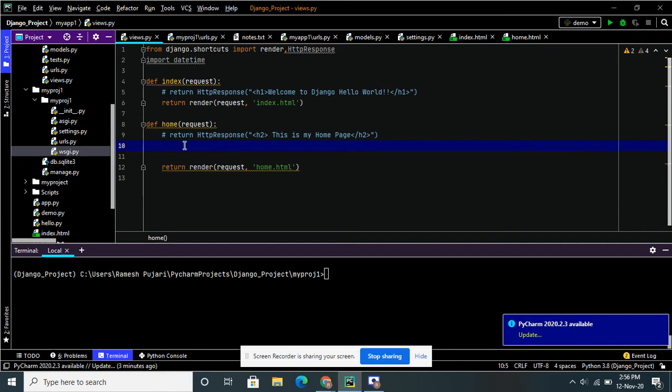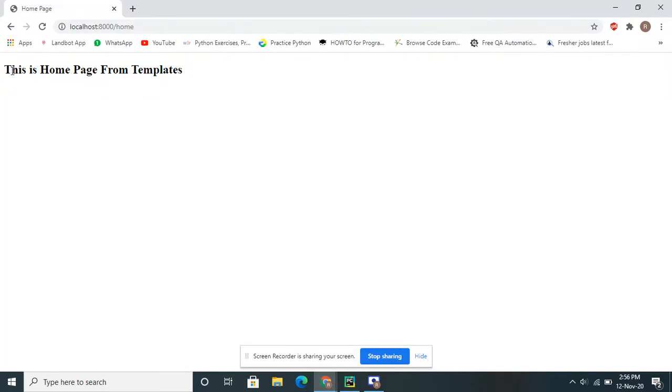I will show what I want output to be. See here, this is the sample index page, the sample home page. I want name and age to be displayed dynamically here in the below line from the template file with the help of DTL language. So I will use variables to do this task. I will use the DTL variables, that is Django template variables.